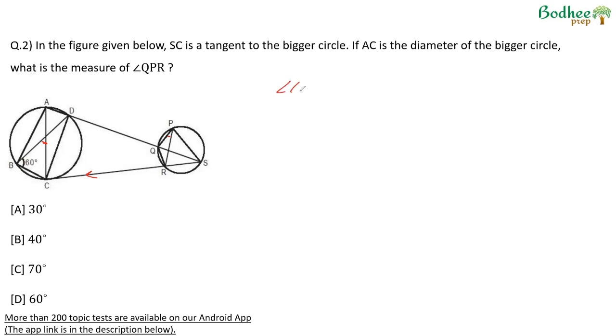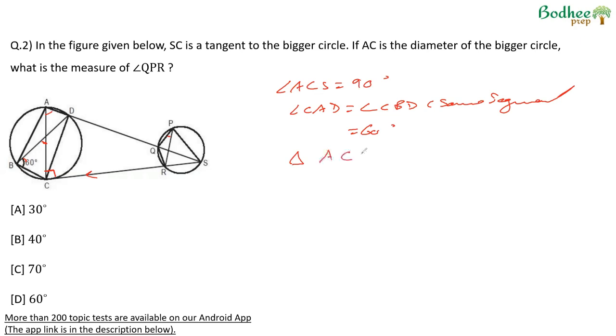Now, angle ACS will be 90 degrees because the point of contact of the radius and tangent is a right angle. Also, angle CAD will be equal to angle CBD, angles in the same segment. This angle will be equal to this angle, and therefore CAD is 60 degrees. Now, if you look at triangle ACS, one angle is 60, one angle is 90. Therefore, angle